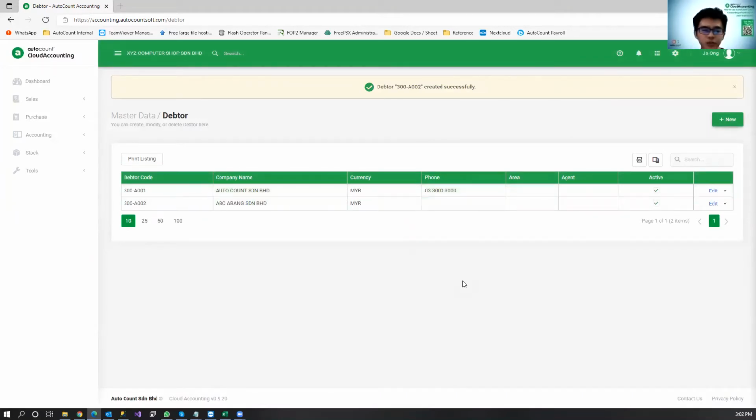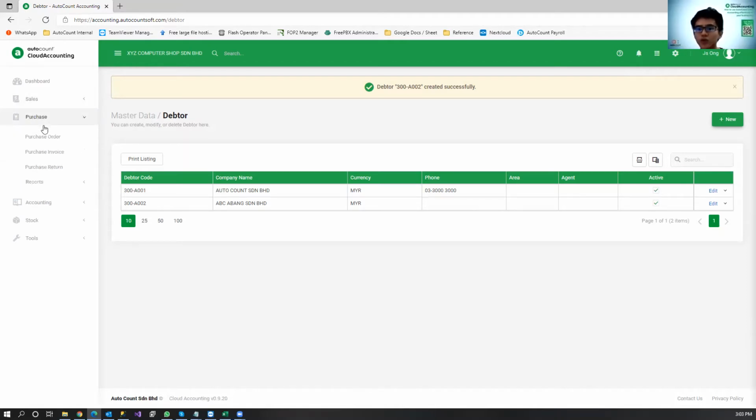Okay. After you create your customer, maybe you want to start to do your transactions. Okay, so when you start to do your transaction, usually we start off with purchases. So to look for purchases, where can you find it? It's not on the top now, it's on the left. There's a bar over here. Okay, you can look for your purchases.